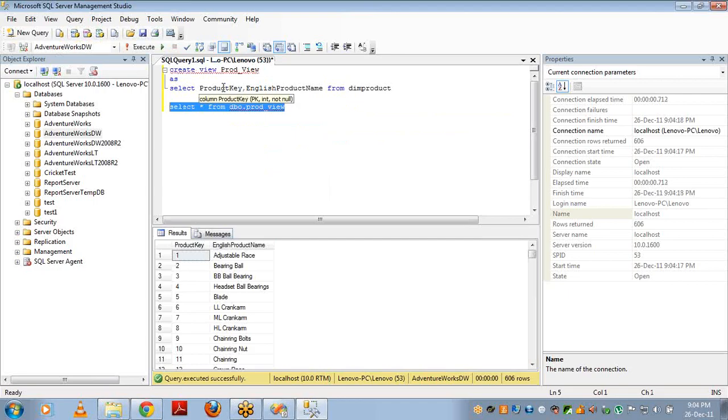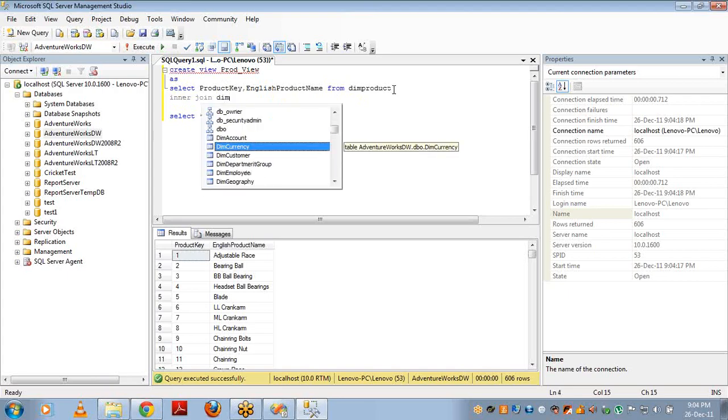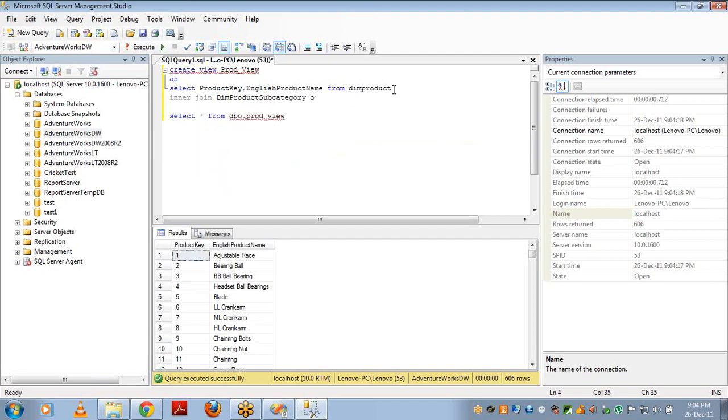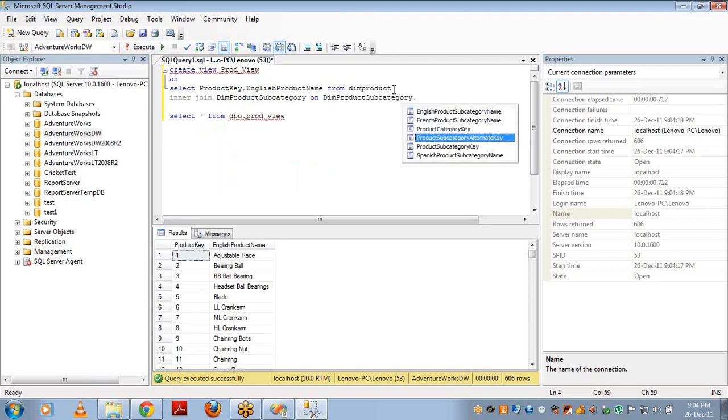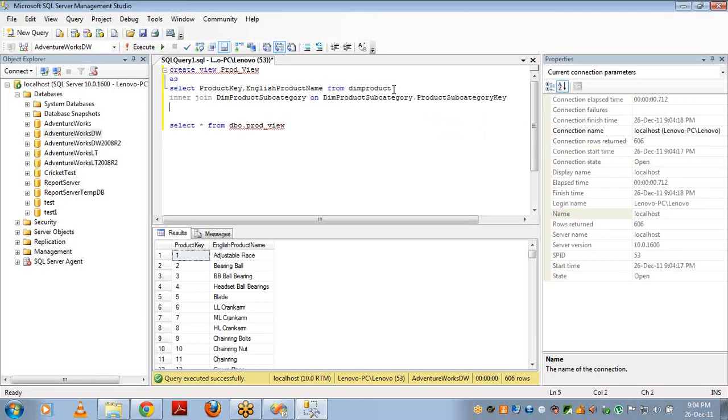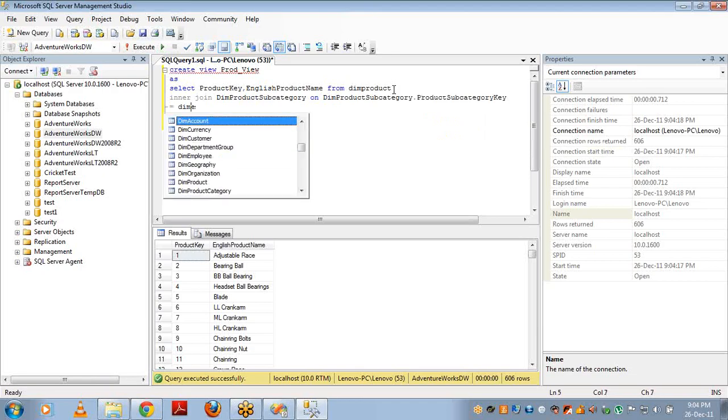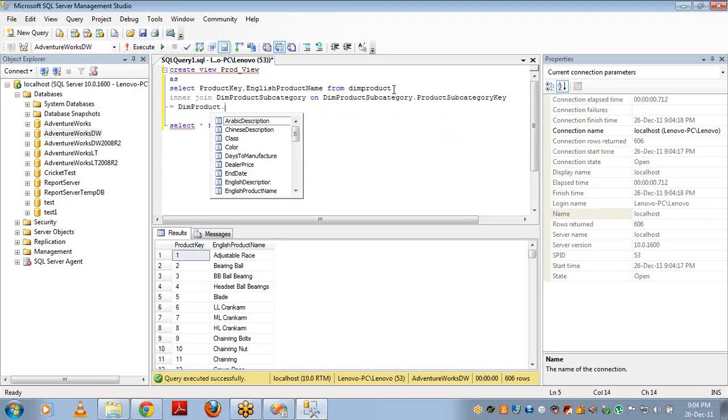It is not mandatory that you have to use only one table. I can join with so many tables. I'll show you an example for that too. Inner join, dim product category, subcategory on dim product subcategory dot product subcategory key is equal to dim product dot product subcategory key. Now I joined 2 tables and I got product key and English product name, and I'm pulling